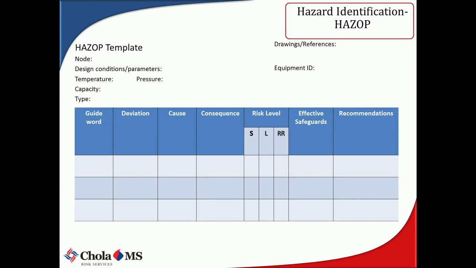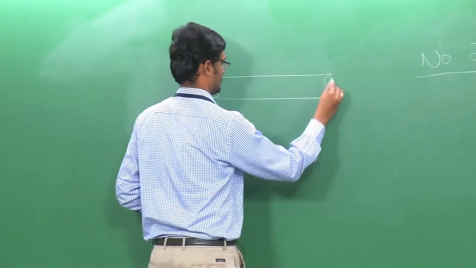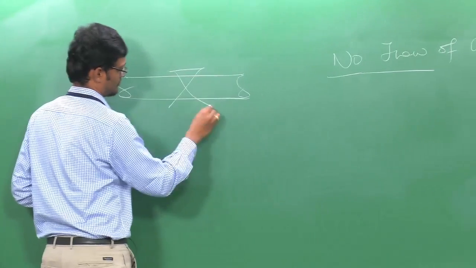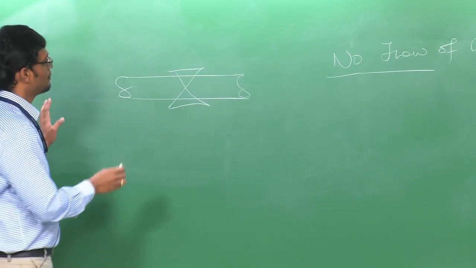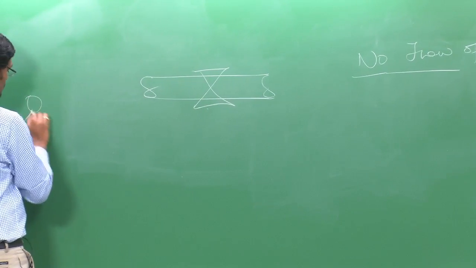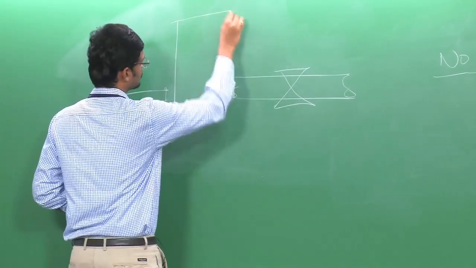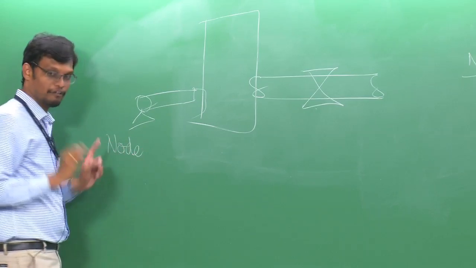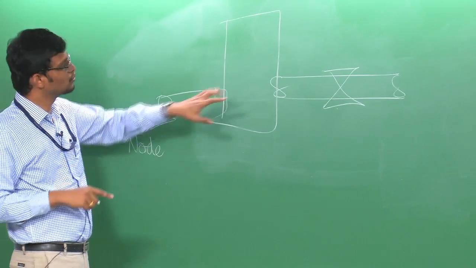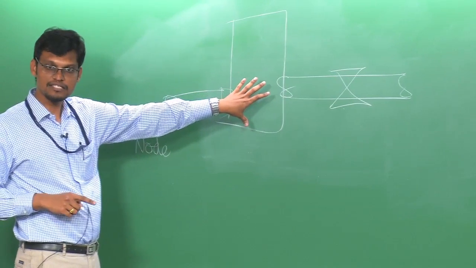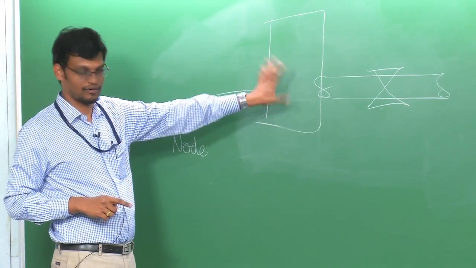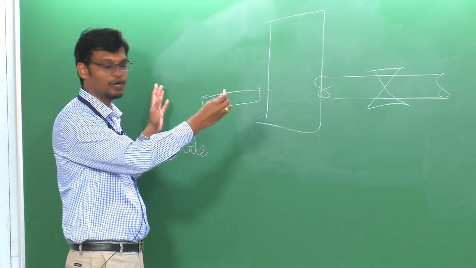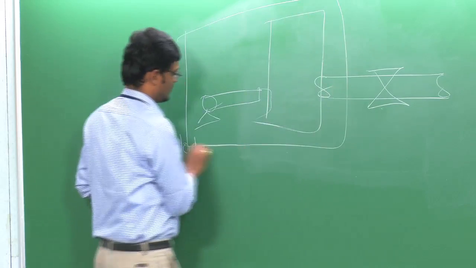See, what happens here is, assuming that you have a pipeline. You have a valve in this pipeline. What happens in HAZOP is that you will have a set of a pump, a pipeline, which goes and stores in the storage tank. First, you choose something called a node. A node is a demarcation which you do on the P&IDs. You know what P&IDs are? Okay, right. In which you choose your boundary for which you want to discuss.